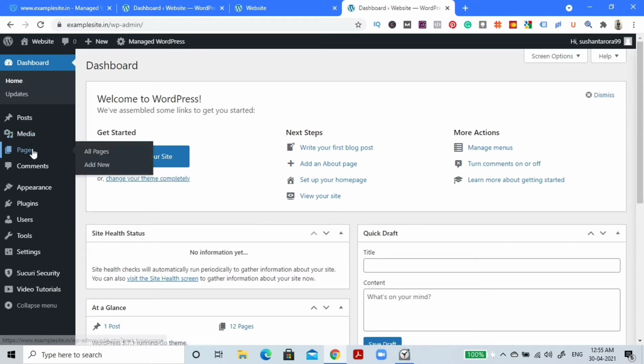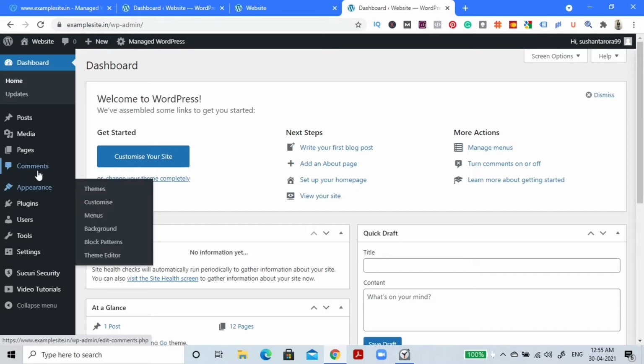In the Pages section, see, a website is nothing but a collection of a lot of web pages, right? So we are going to be adding new pages or making changes to the current pages with the help of this option, that is Pages. Now when we talk about comments, you very well know that when we write a blog, there is an option for the people to comment, right? So in the Comments section, we can moderate the comments. That means we can decide which comment to keep, which not to, which comment to delete, and so on and so forth.